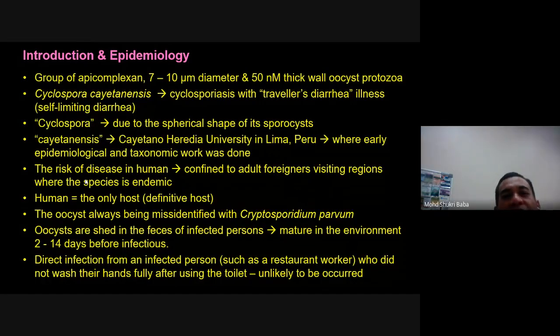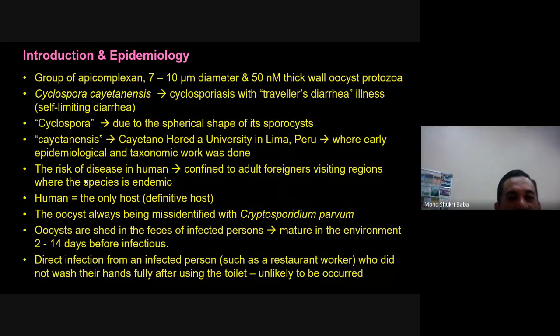Okay, but somehow travelers diarrhea ni dia biasanya self-limiting diarrhea, which is biasanya dia akan baik dengan sendiri lah. Basically you just take any medication to release the pain sajalah untuk nak kurangkan rasa sakit, senak perut, okay, perut memulas apa semua. Alright. Okay, cyclospora is due to the spherical shape of its sporocyst. Okay, sporocyst itu berbentuk cyclo. Okay,